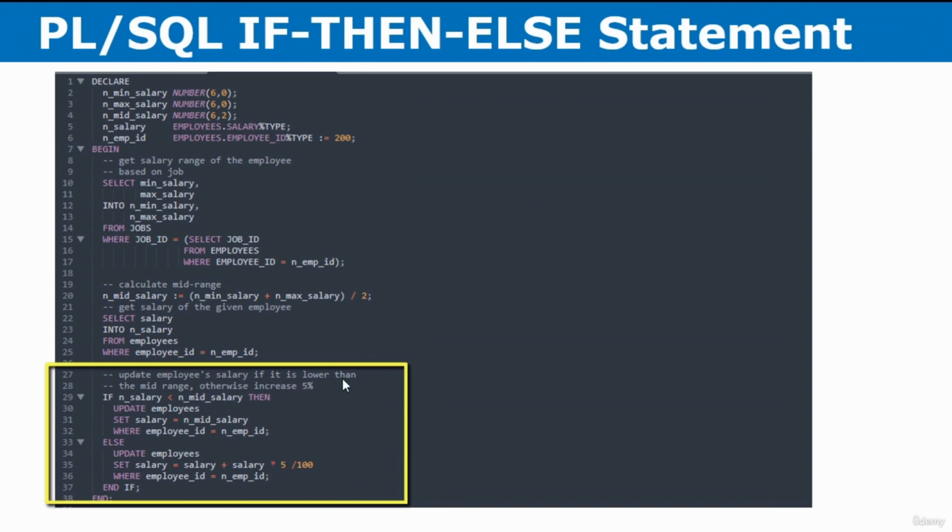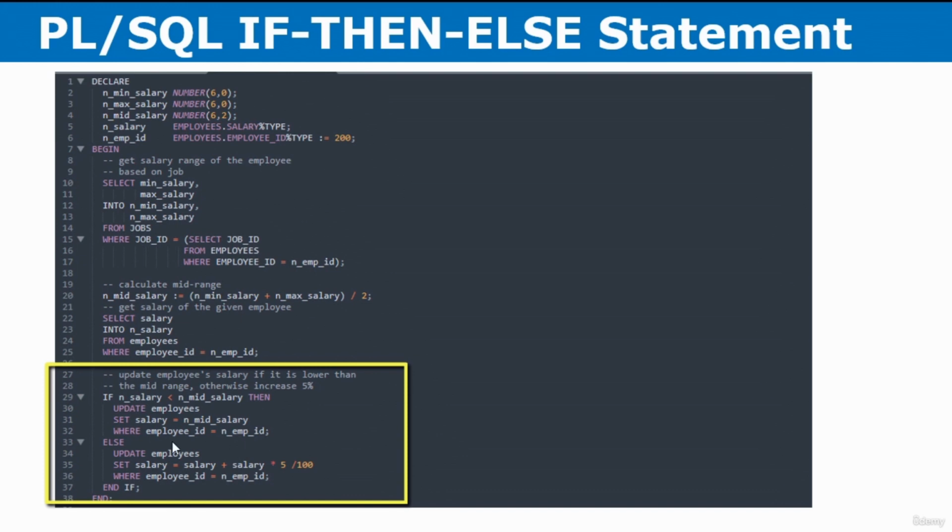If it is, then we will update the specified employees table and set the salary equal to the n_mid_salary, where the specified employee ID is equal to the value stored in this variable called n_emp